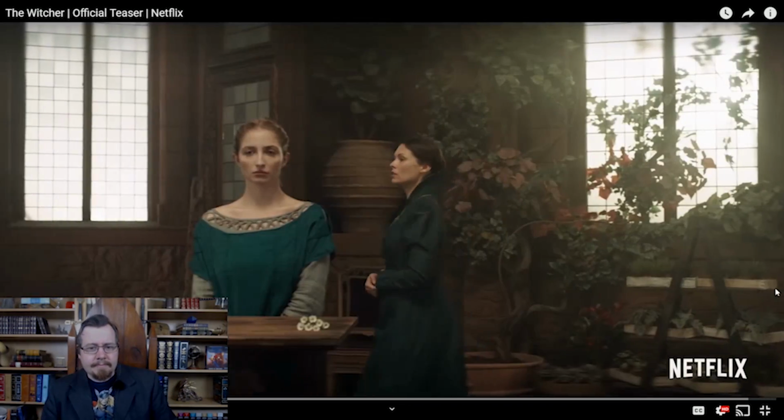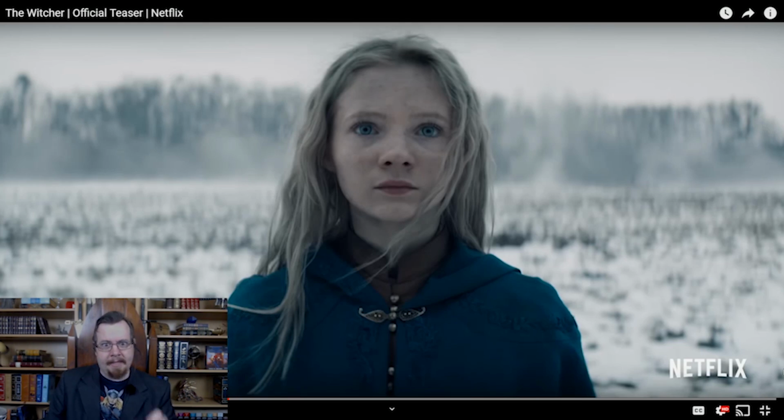Is the most dangerous thing in this world. Close-up shot of Ciri. She looks 12. Is she supposed to be that young? I don't know. Let me know in the comments. Like, I know there's young versions of Ciri, and then there's Witcher Ciri, and what is she supposed to be here? If it's early on, I could understand that she's meant to be younger. Her eyes really jump out at you. Like, okay, yep, good.